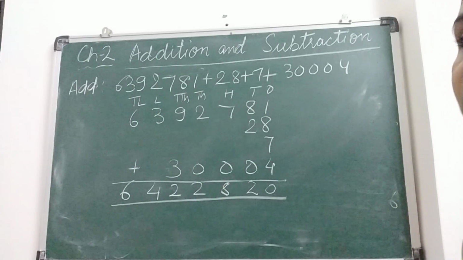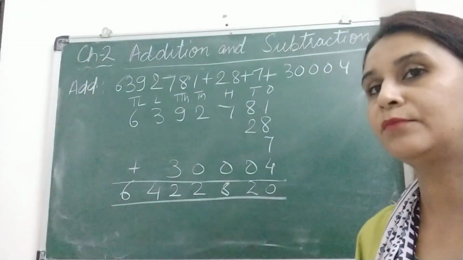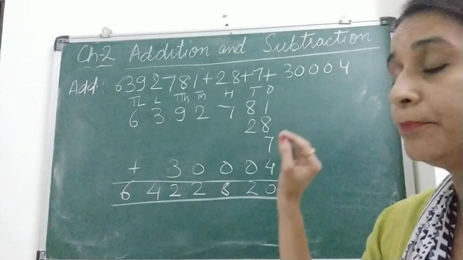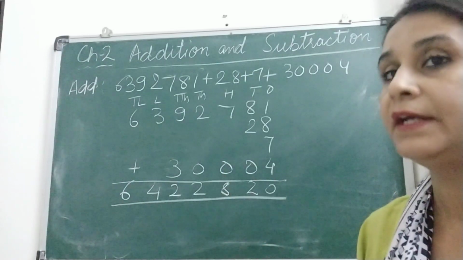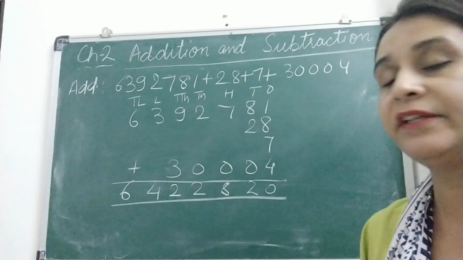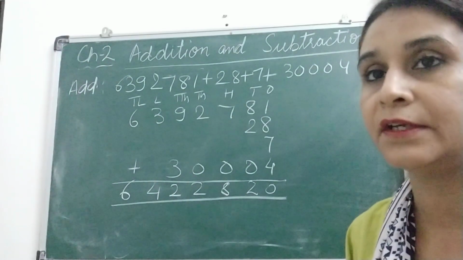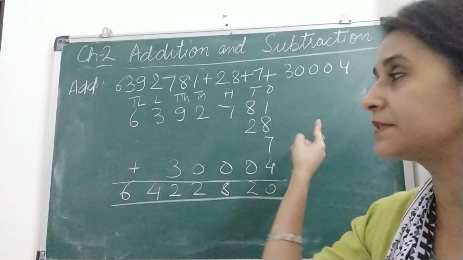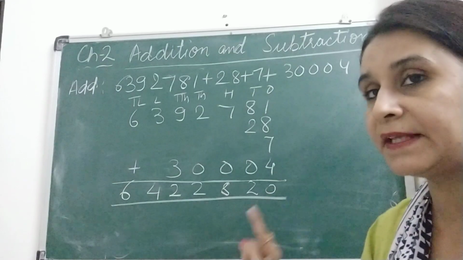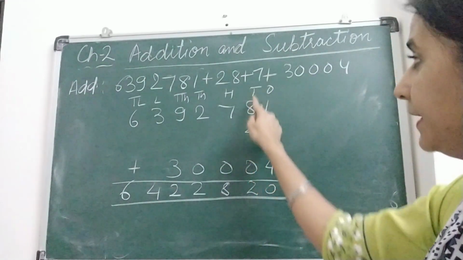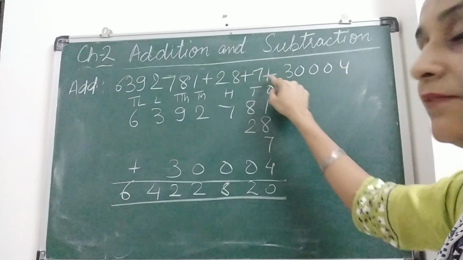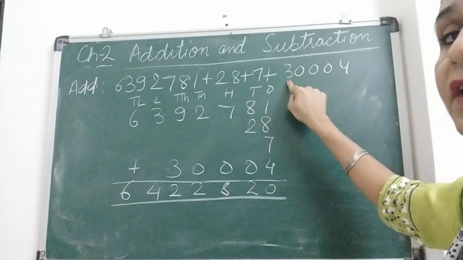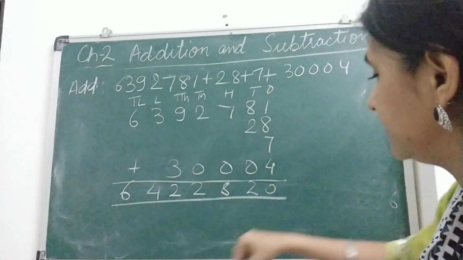So here, what is the most important step? The most important step was to write numbers in proper manner, that is called placing. If placing goes wrong, definitely you will not get correct answer. So the best way is write this place value table. Then arrange the numbers in it according to their places. 28 will come on tens place only. Single digit 7 will come here only. And here the highest value is 3, which is on 10,000 place.